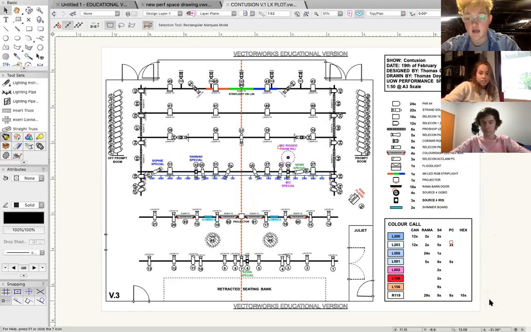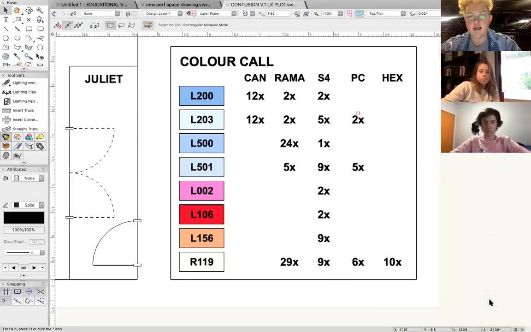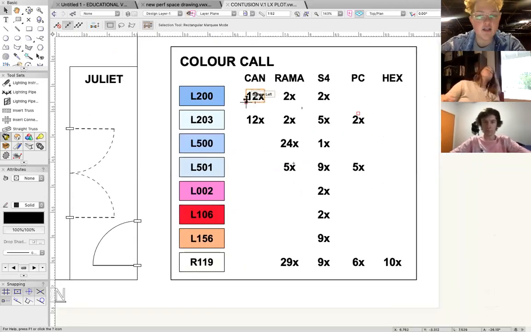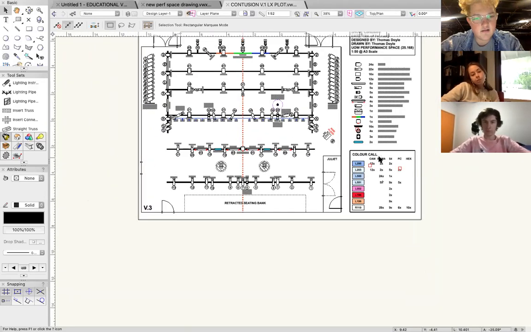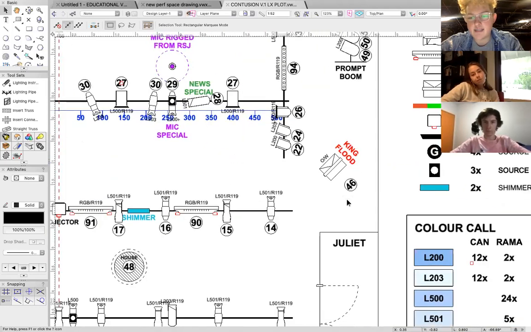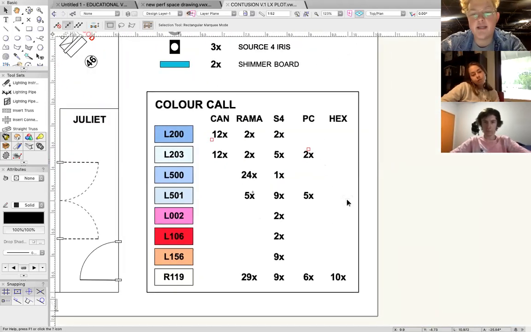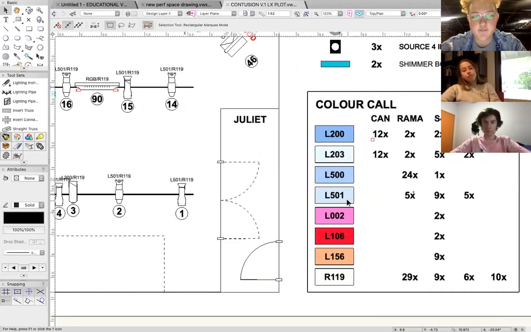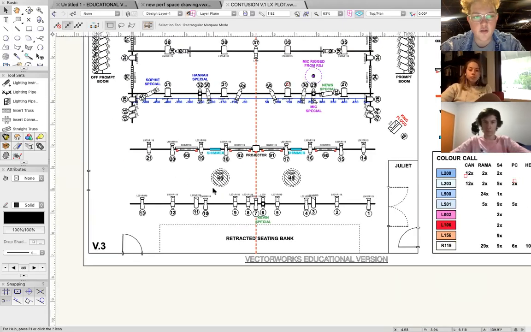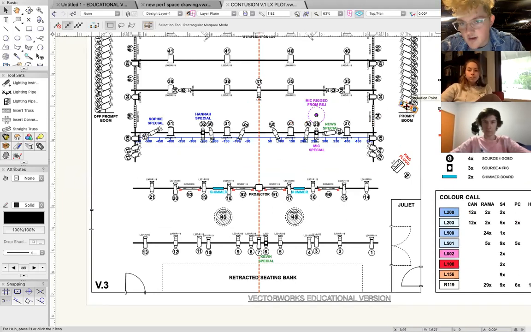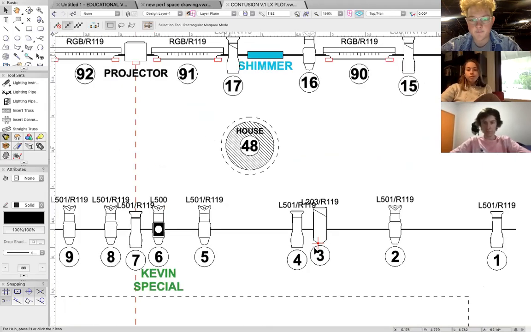You can add in a color call, so you can say the colors you're using, what size cut you need, and how many you need of each size for the particular color. The sizes we've got here are can, Rama, Source 4, PC, and hex. The can size is the biggest size, and that only goes in par cans. So these ones over here, the par 64s. The Rama size goes in the Ramas and the 1.2K Fresnels, and they also go in